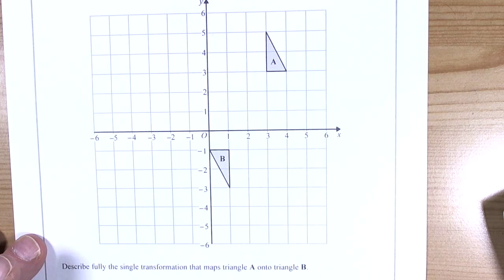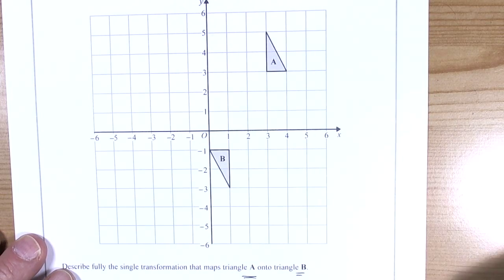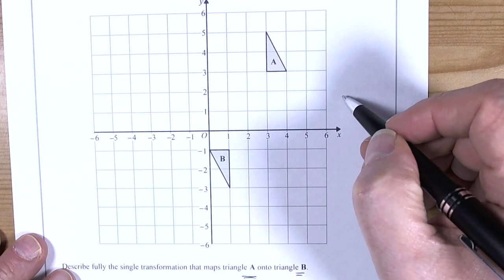So this question is asking us to describe fully the single transformation that maps A to B. It's really important to remember it's going A to B. So it's a transformation. One of the first things I'd recommend you write down is what are the 4